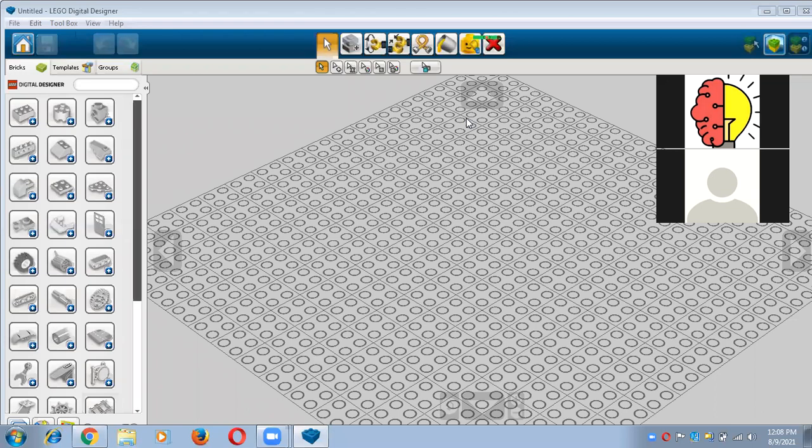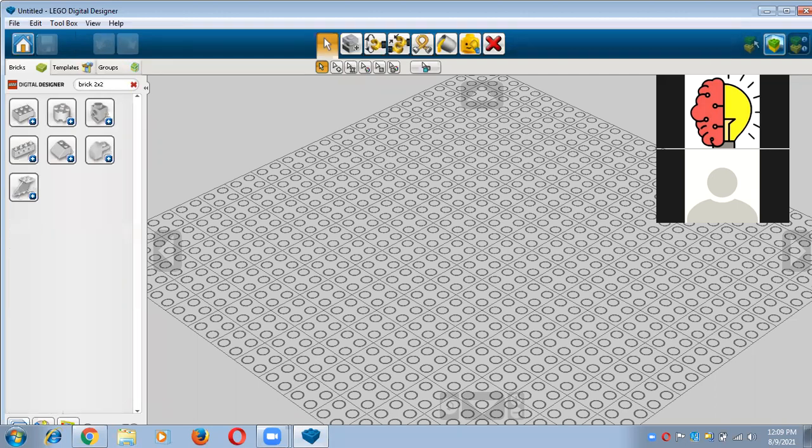And first of all, for making this design we need one part and its name is brick, right? Its name is brick, but its size is 2 by 2. So for that, first of all, you have to find it. You have to type here brick. As you can see, as soon as you type brick 2 by 2, you will receive some folders, and you know very well you can take this brick from this folder.